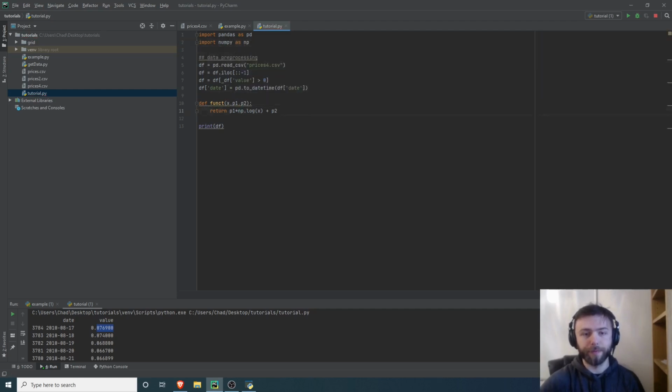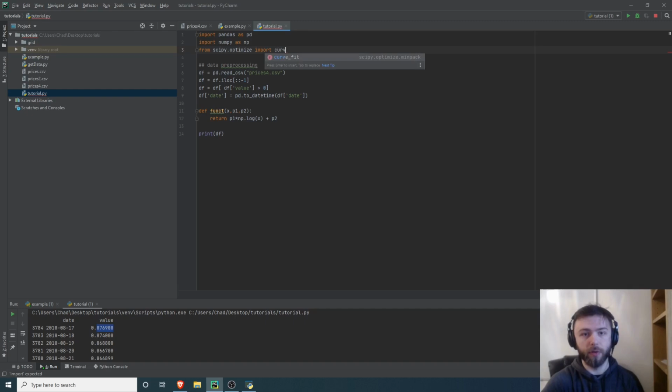And there we go. The next thing we're going to want to do is actually fit the data. For that, we're going to need to import from scipy.optimize import curve_fit. So we'll use that in a second here. We just need to prepare our x and y values that we're going to fit.